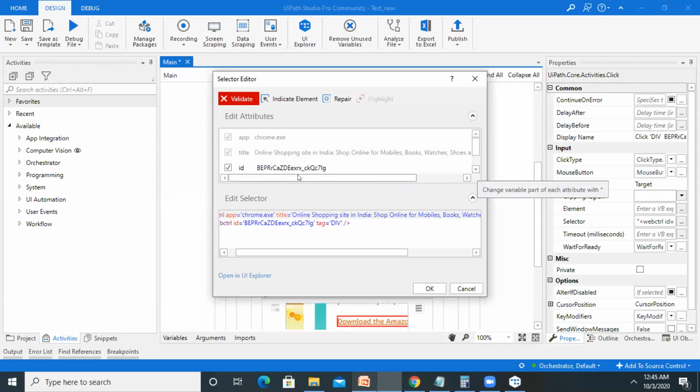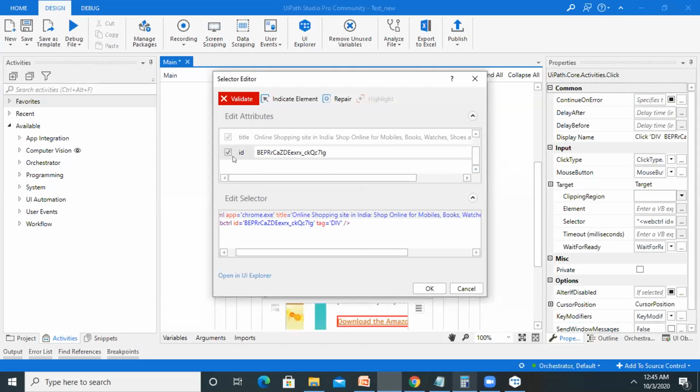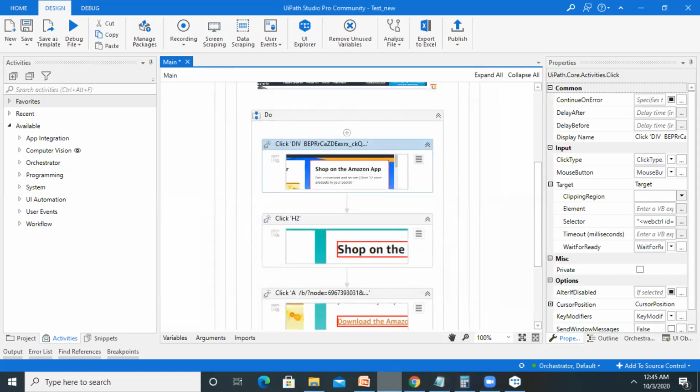So the earlier question is related to the ID. You can see here the ID is present. Sorry, I do not remember the name of the person who asked about the ID. So if you want to remove this ID, you can uncheck it and add your class name. But yes, after adding the class name, you have to validate the code, and once validation is done and you run the code, definitely it will work. Okay, thanks, Deepak.